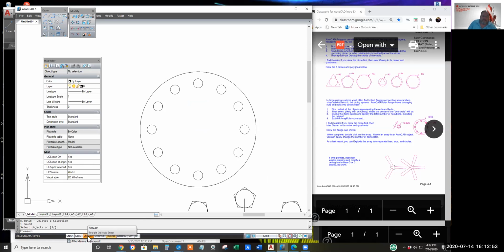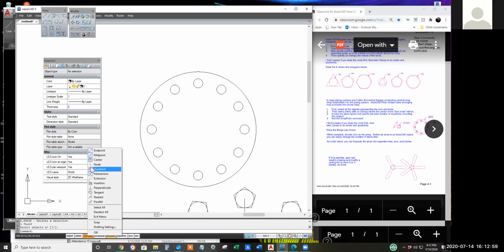Now, Aaron, do you have the O snaps on? Yeah, I think what happened was when I was setting the settings for the polar array, when I had to choose my midpoint, I actually chose the center of my circle, and it came out looking kind of weird.